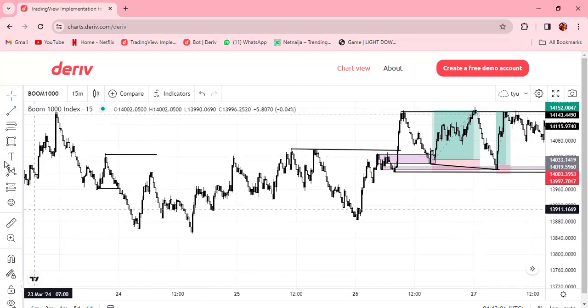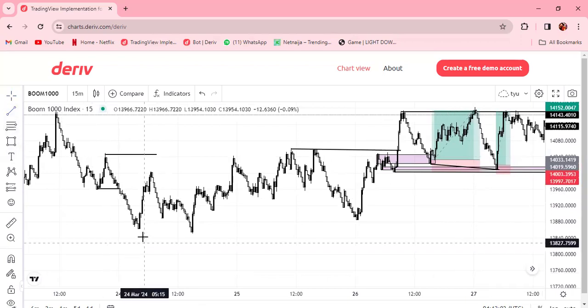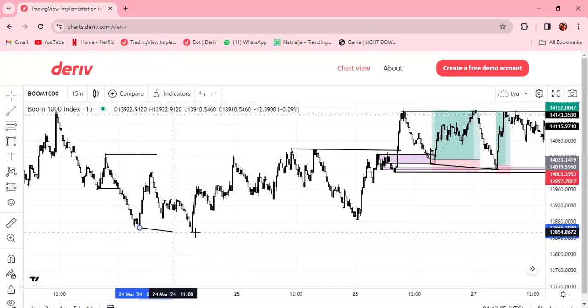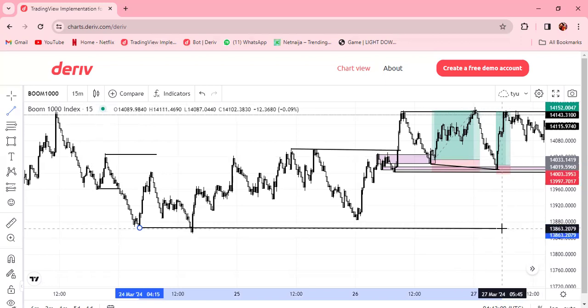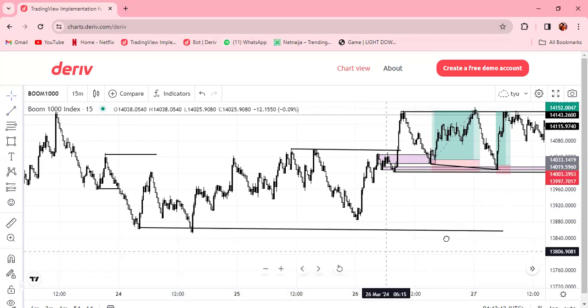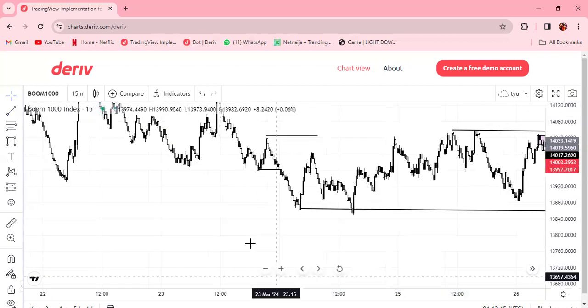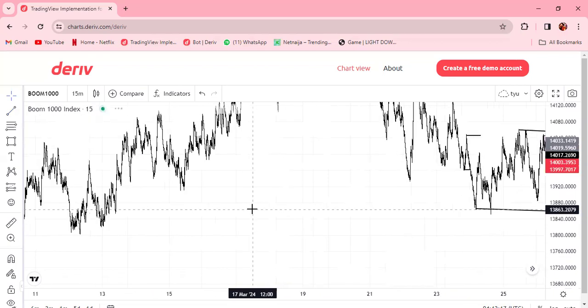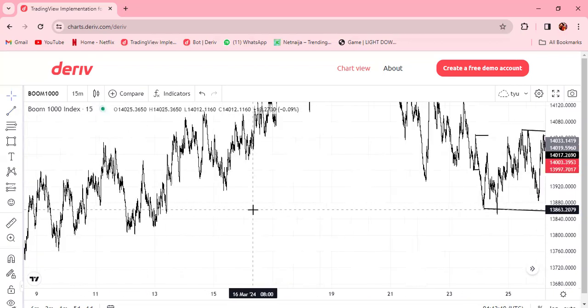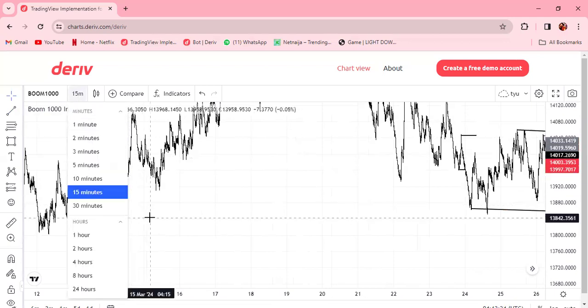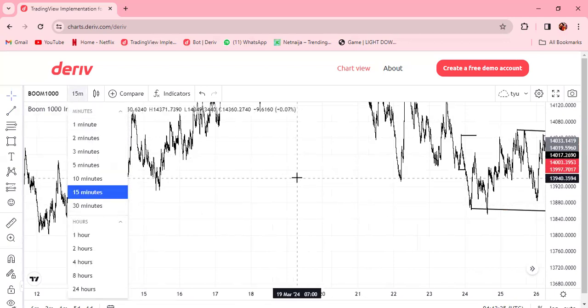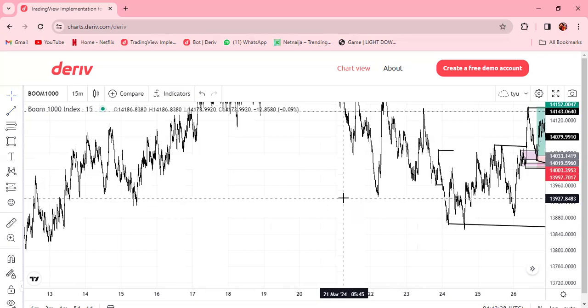And then again, price created this swing low right here, all the way down here, right? Now our swing low seems to have been broken. Now I'm going to go further back. Okay, this is far back enough. Maybe you can see, but anyways,